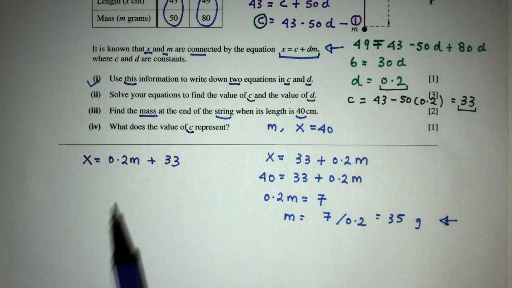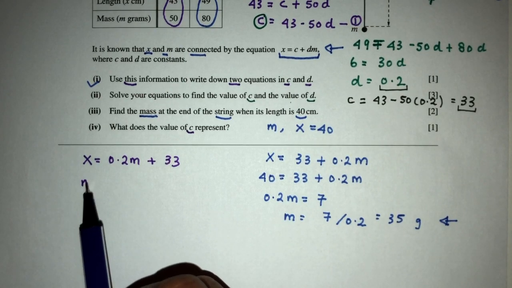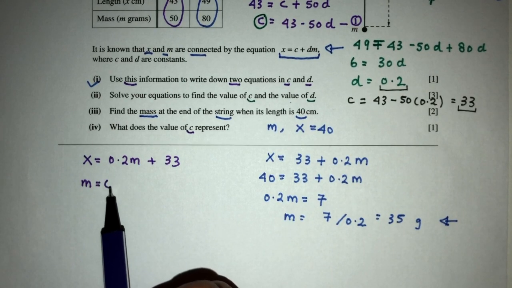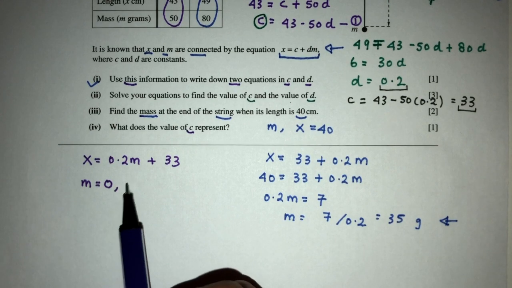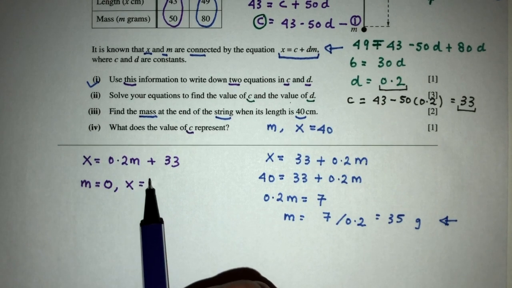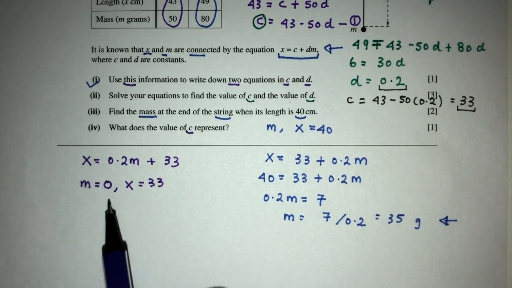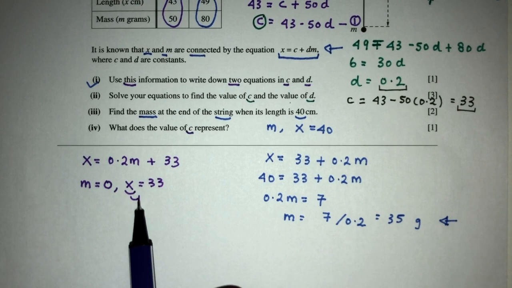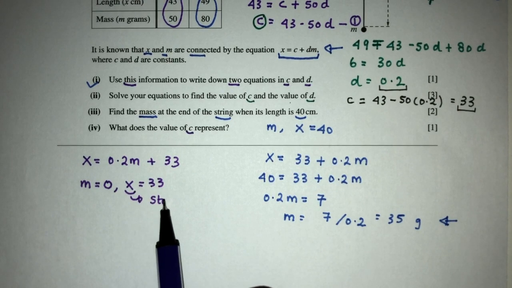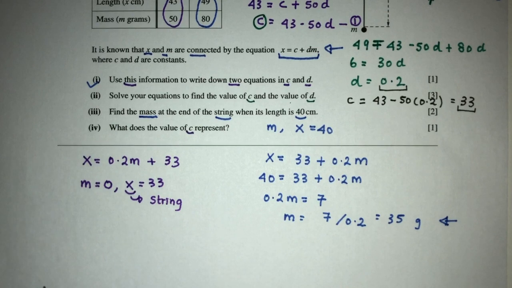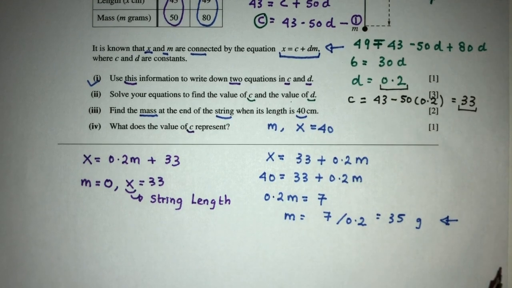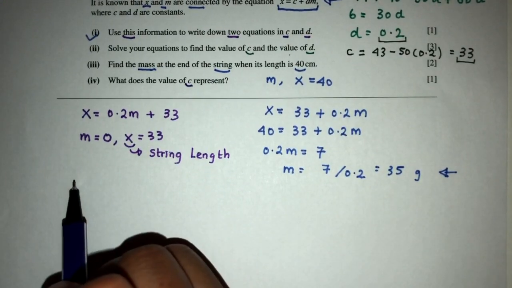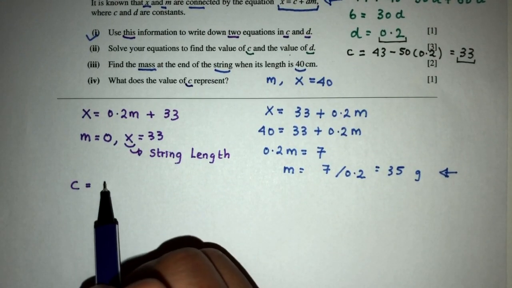For example, if you replace here, if the mass is 0, basically there's no weight hanging on the string, the value of x will be 33. What is the value of x? X is the string length, right? It is the length of the string. So what is the value of C? C represents the length